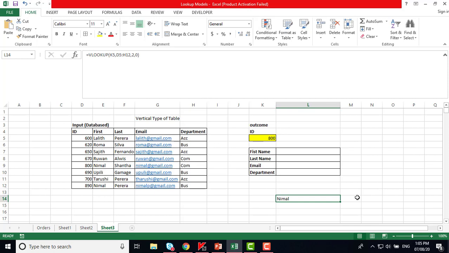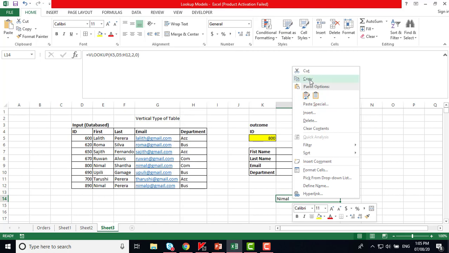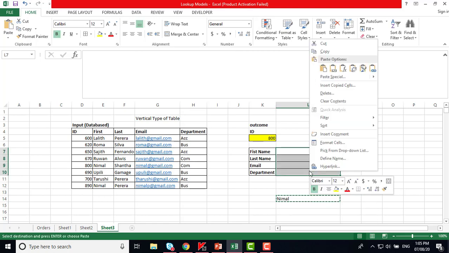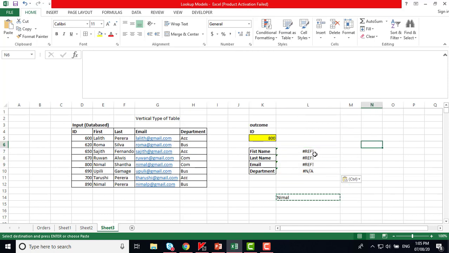Now, if you want to bring this information within the given output area, simply you can test your model and then you can copy this and paste it into the reference area. But make sure when you drag down and copy this into the various levels, I copy this and I will paste it here, all this information. So the references will appear because this particular cell's references are going to change, right? So you cannot copy it and enter it like that. So if you want to copy that, then you have to make sure that you are going to make certain cell references absolute. You have learned that. So when you are going to copy and paste, some areas need to be fixed. So what are the areas you have to make fixed?